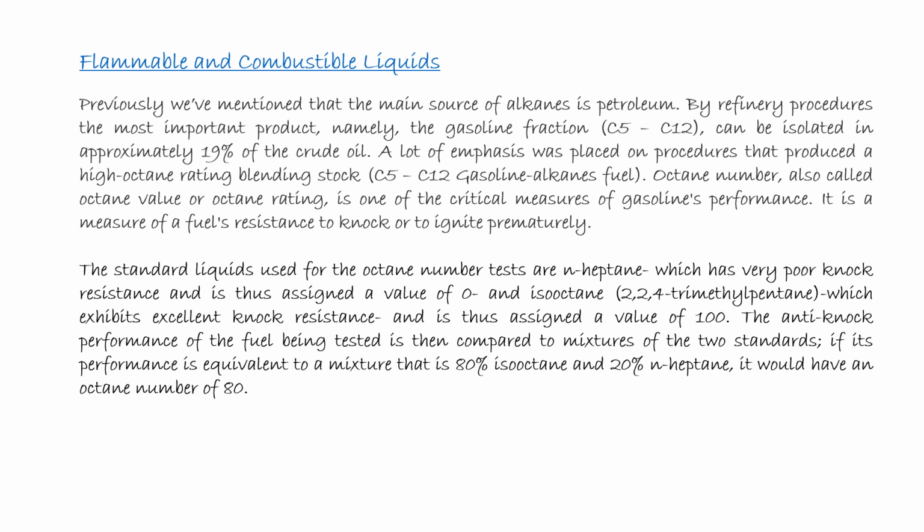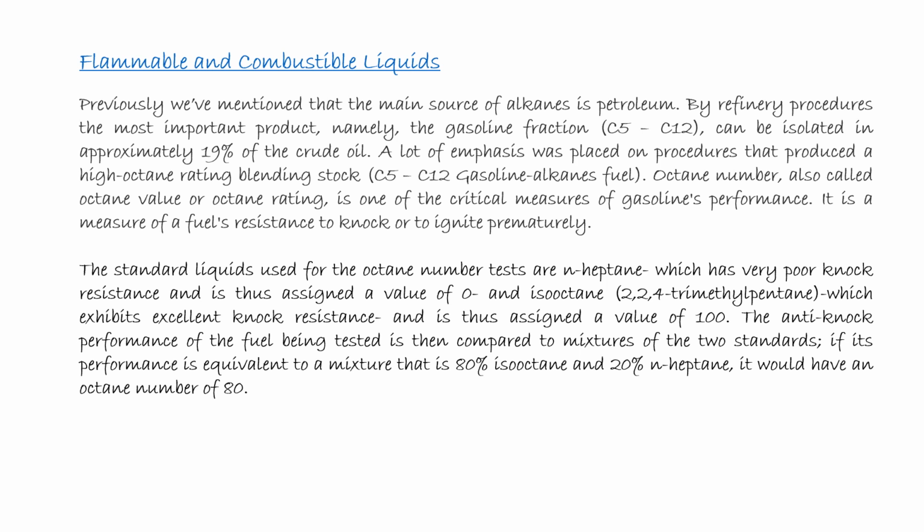Flammable and combustible liquids. Previously, we've mentioned that the main source of alkanes is petroleum. By refinery procedures, the most important product, namely the gasoline fraction C5 to C12, can be isolated in approximately 19% of the crude oil. A lot of emphasis was placed on procedures that produce a high octane rating blending stock, C5 to C12 gasoline alkanes fuels. Octane number, also called octane value or octane rating, is one of the critical measures of